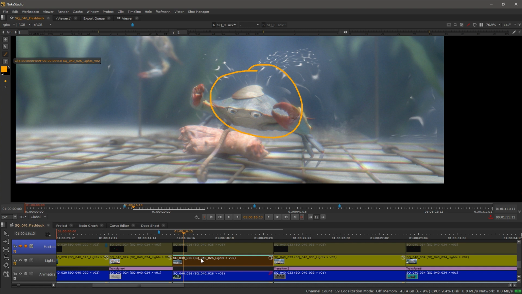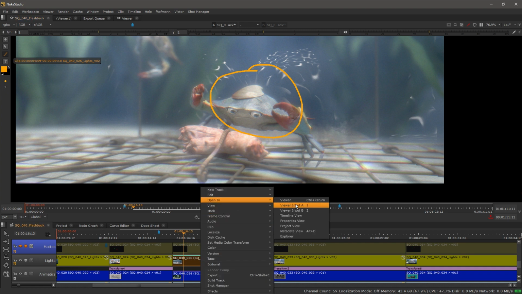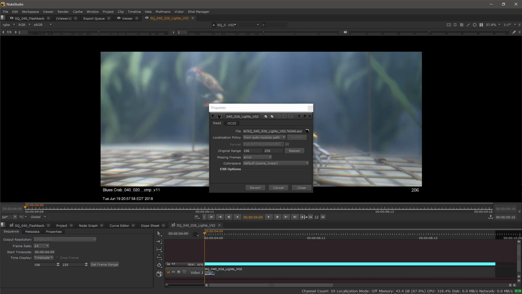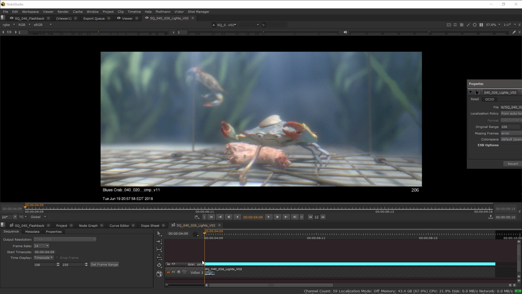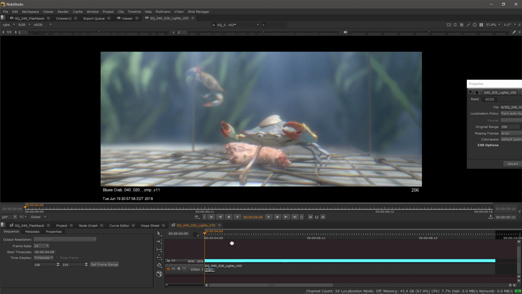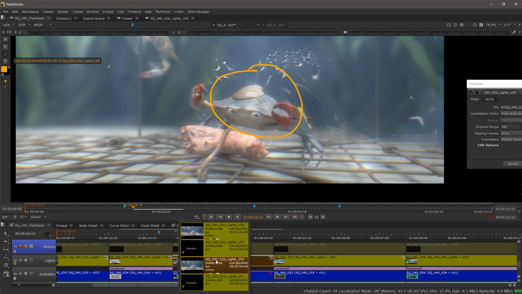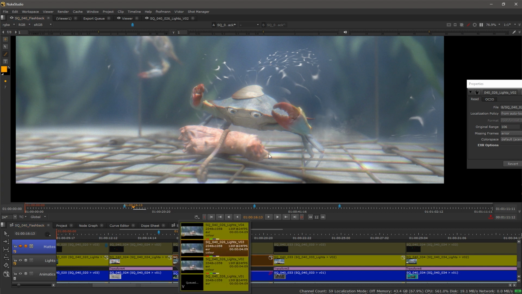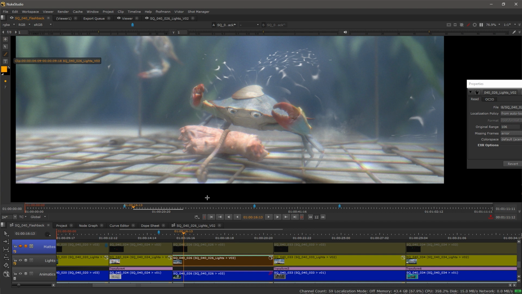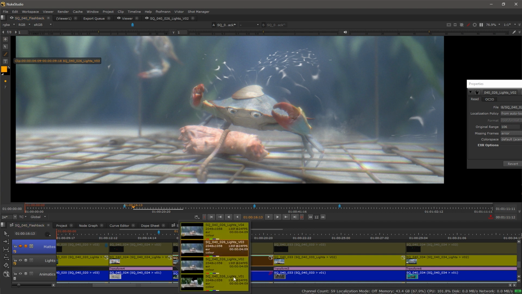So what that means is if I was to go in and open this again inside of the timeline view, we'll see that we now have the annotation that is associated with the clip in isolation. That is version 2. That means if we've added an annotation and we have an issue with the actual character itself, a new version comes in, we jump to the next version of it, and the annotation is only associated with that previous clip. So we can go in and see if that annotation is addressed,